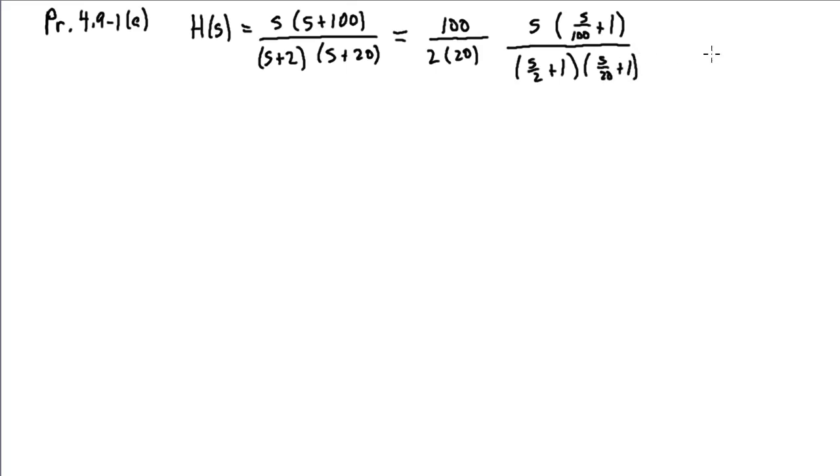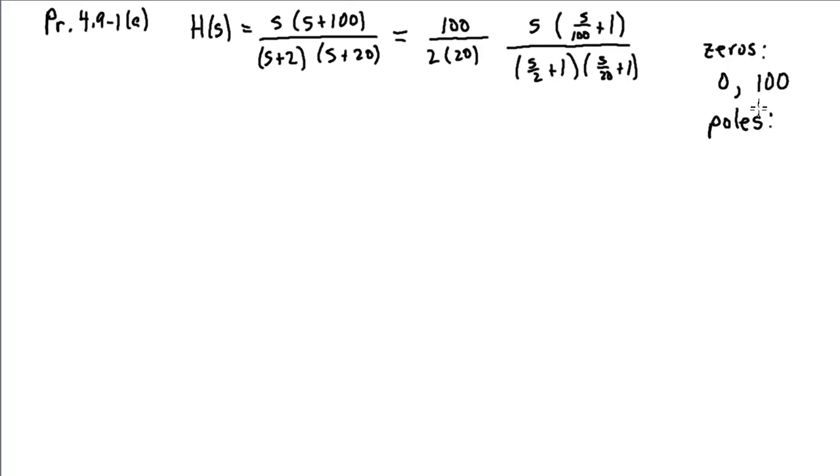So all I need to note is that in this case I've got zeros at s equal to 0, and then also at s equal to 100, and I've got poles. 0 would actually be at minus 100, but I've got poles here at